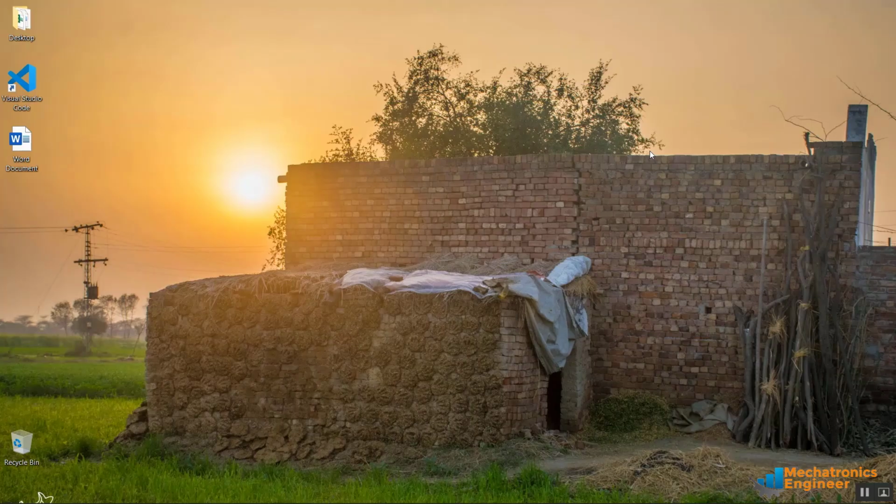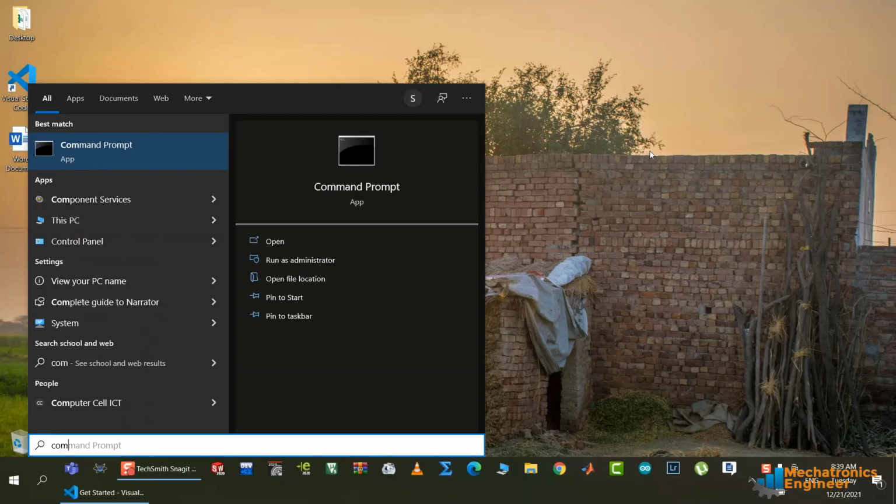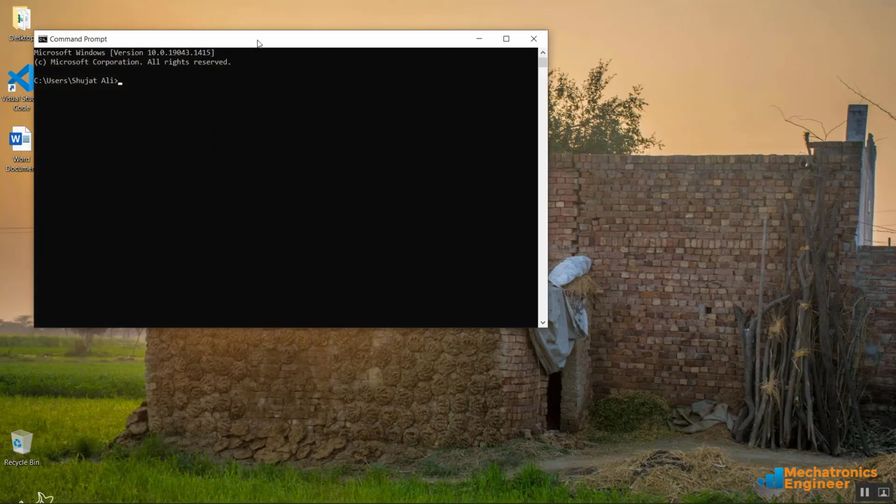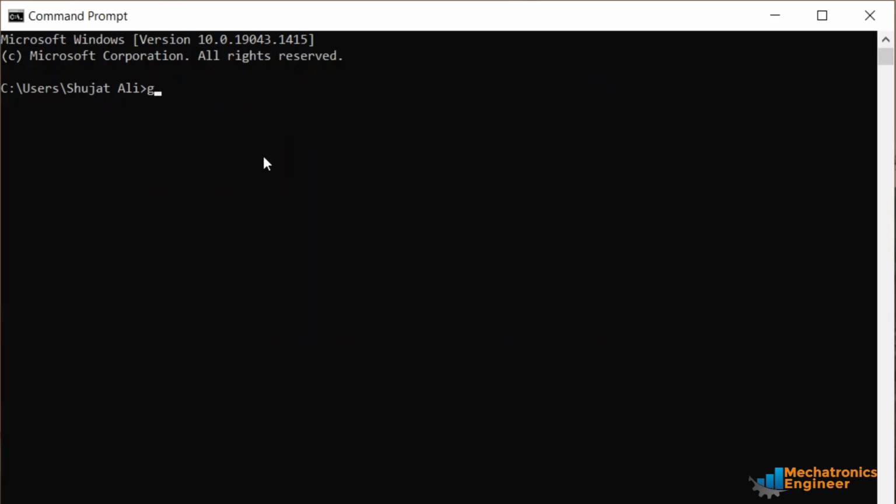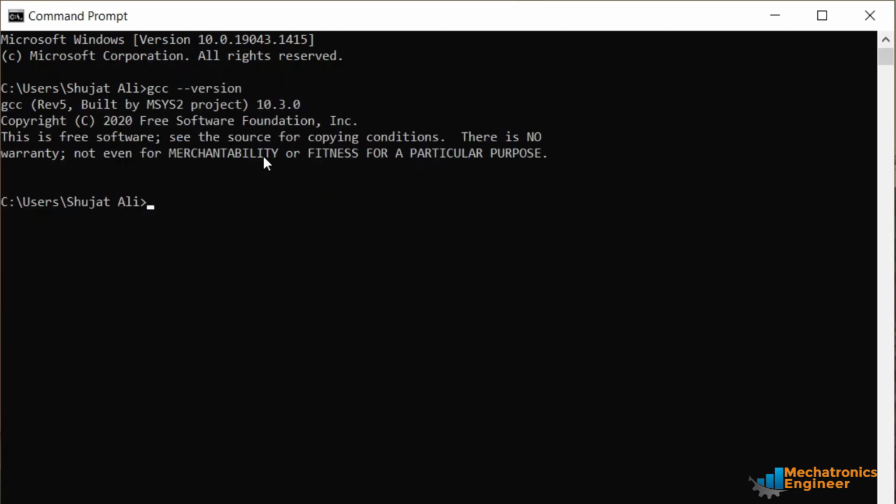So let's start by verifying that the C, C++ toolset is properly installed on your computer. For that, open the command line prompt. Let's type gcc space minus minus version. Hit enter and it says gcc built by MSYS2 is installed with version 10.3.0, which means gcc is successfully installed